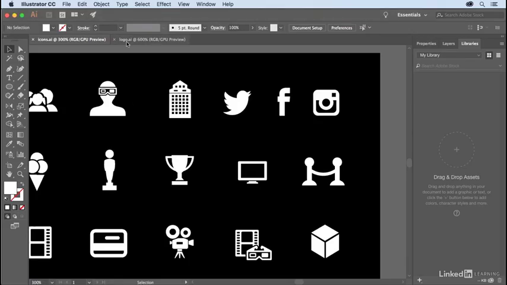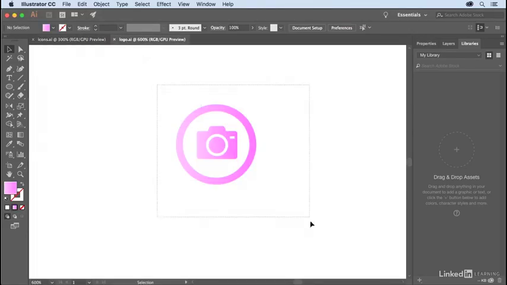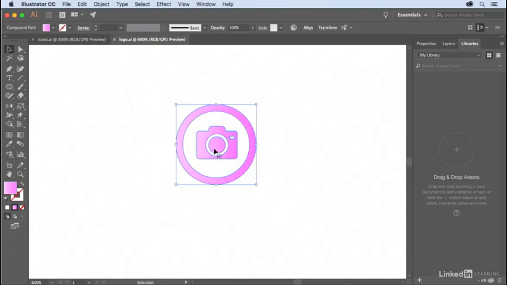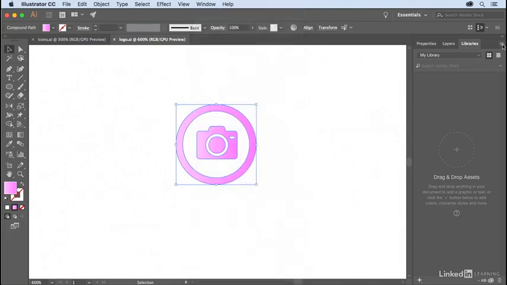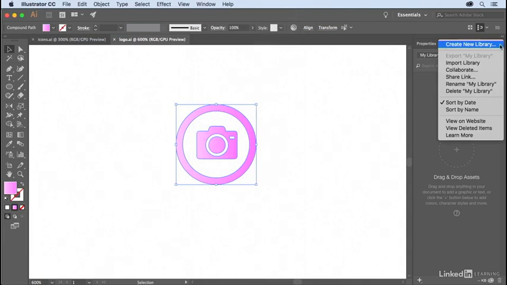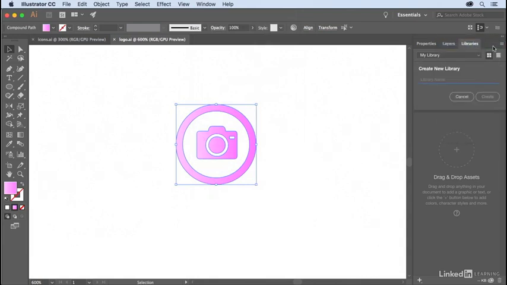So here I am in Illustrator. Here's my Illustrator file. I can select it, and rather than doing a copy and paste, what I want to do is I want to use a Creative Cloud library, okay? So I have the Libraries panel open. I can go to this flyout menu and create new library. From here,